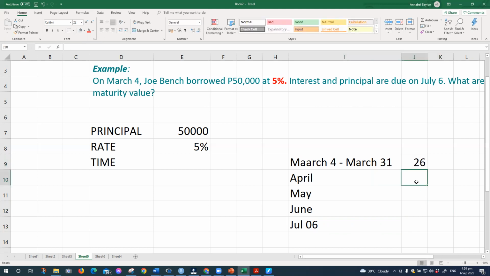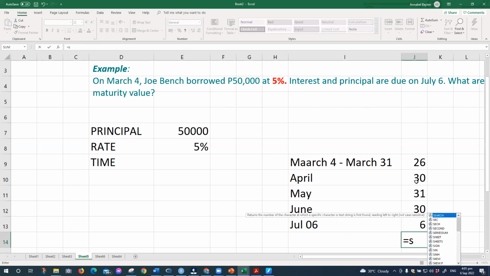No? Si April, ilang days? 30. Si May, ilang days? 31. Si June, 30 days. Okay, si July, 6. Kasi hanggang July 6. And then if we sum this up,